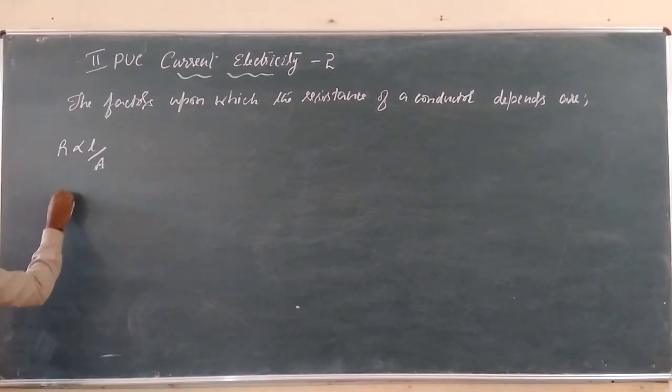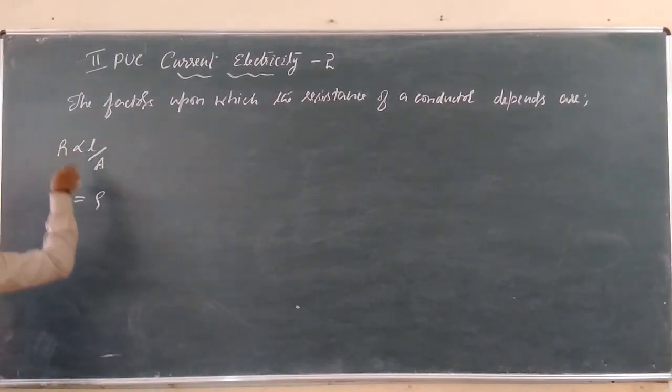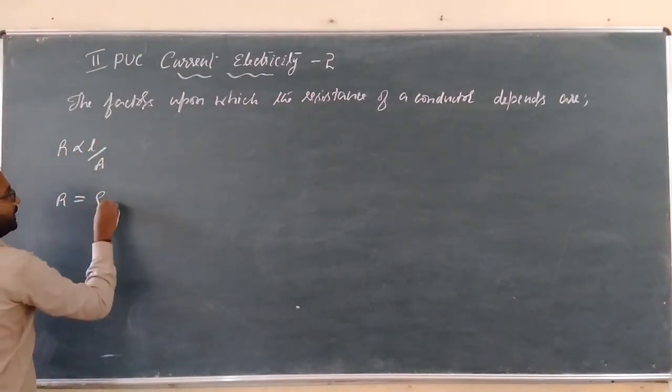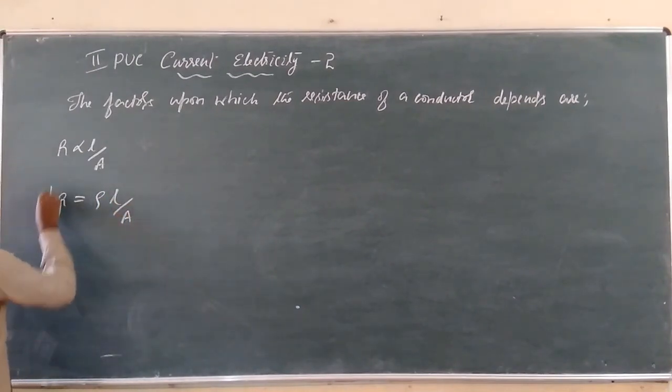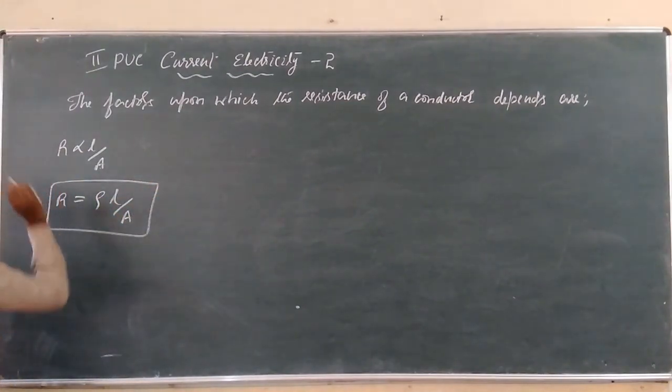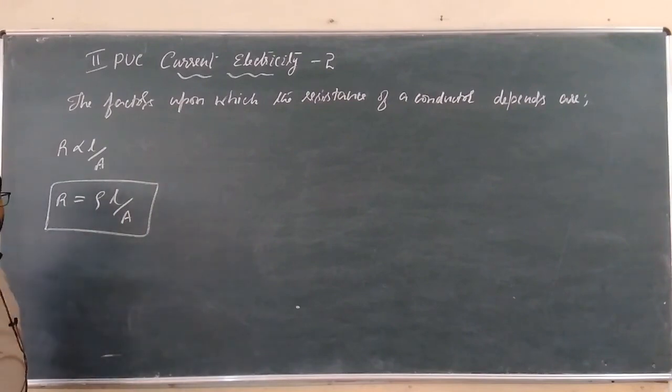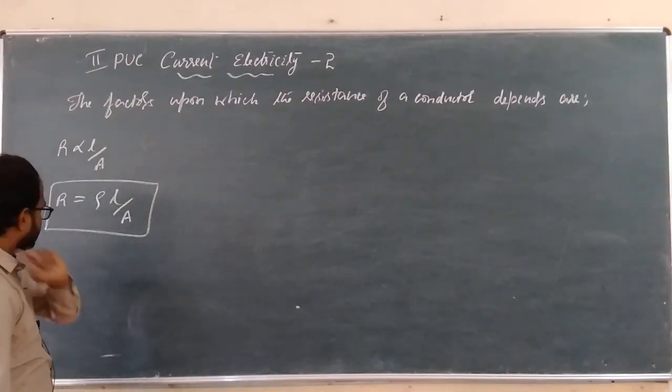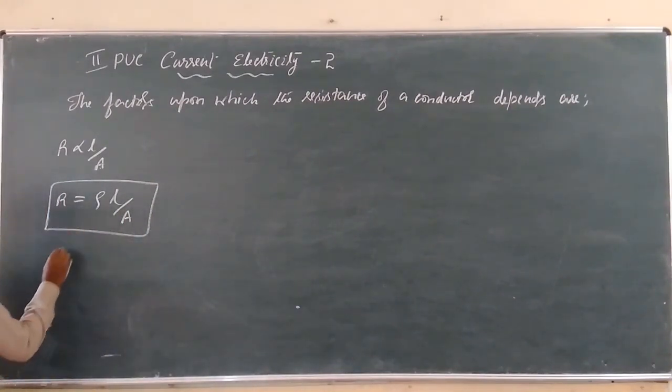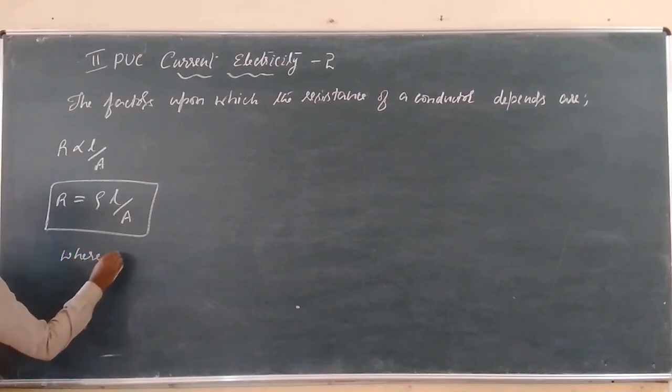So it can be converted into equality. R is equal to, by introducing some constant, proportionality is converted into equality, by introducing always a constant rho, into L by A. So R is equal to rho L by A. This is the expression for resistance of the conductor in terms of the length of the conductor and area of cross section. Okay, where rho is called